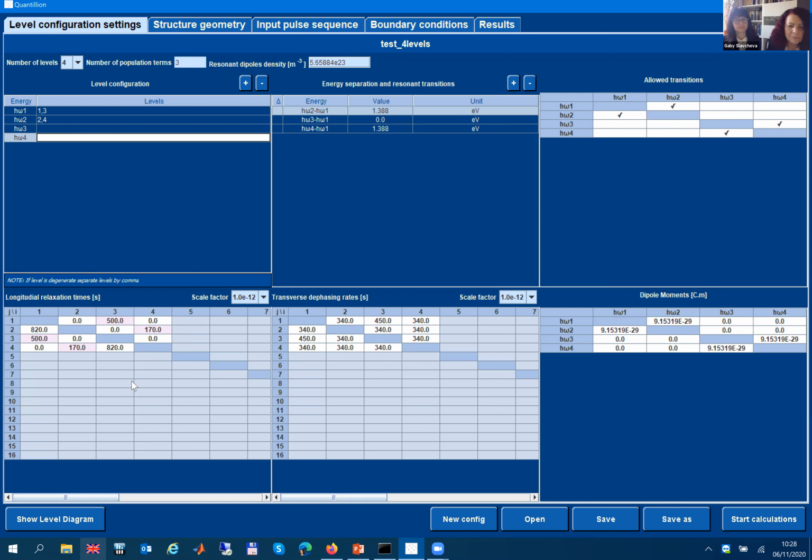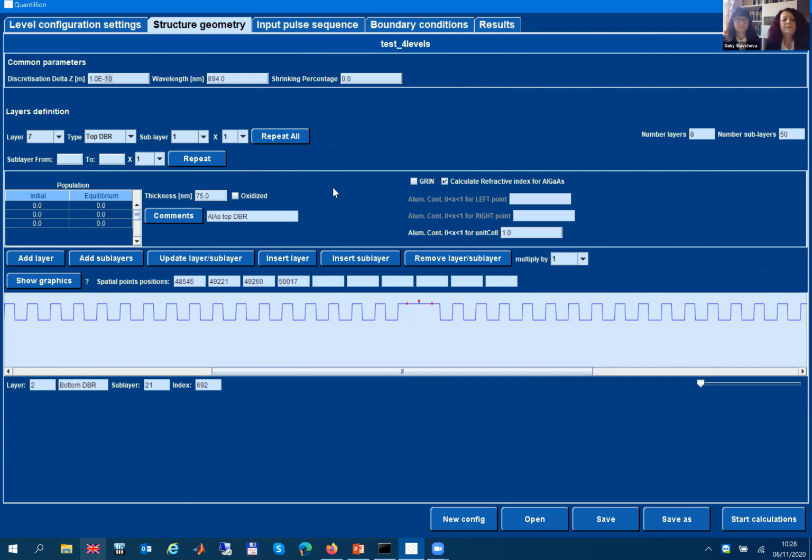Spin relaxation processes, longitudinal spin relaxation processes in quantum dots. The transfer dephasing times are set up from this menu, and the dipole moments of the optical transitions are set up here. Then the structure geometry is constructed, and this is a multi-layer structure with top DBR, bottom DBR, and cavity layer.